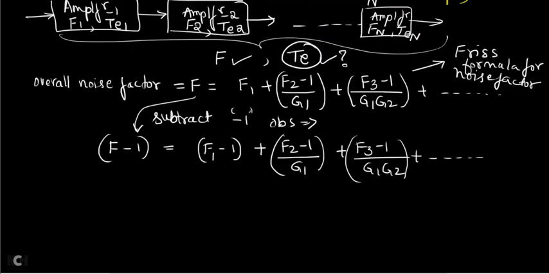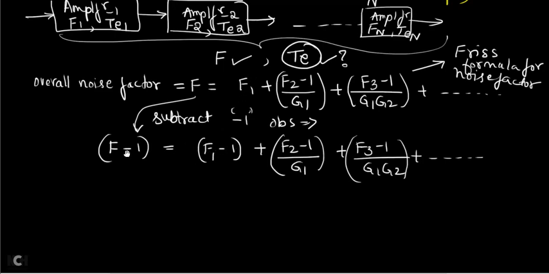Clear? So what I have done, here I have put minus 1, here also I have put minus 1. You know that minus 1 will be cancelled and you will get back the same equation. So on both the sides, I am adding minus 1, which is nothing but subtracting 1 on both sides of the equation. The minus 1 here I am grouping along with the first term. First term F1 was there; instead of that I am writing F1 minus 1.